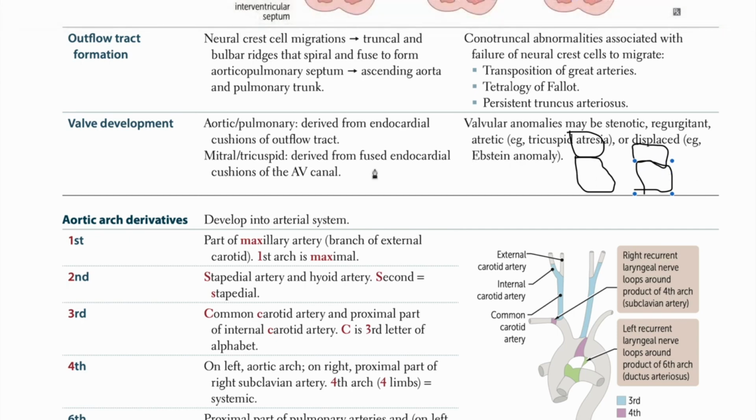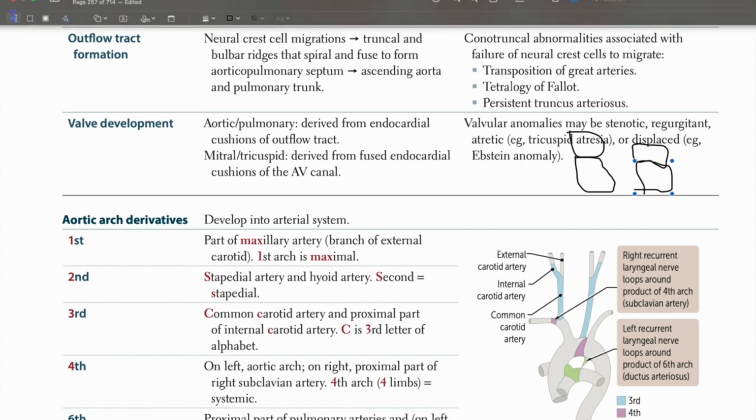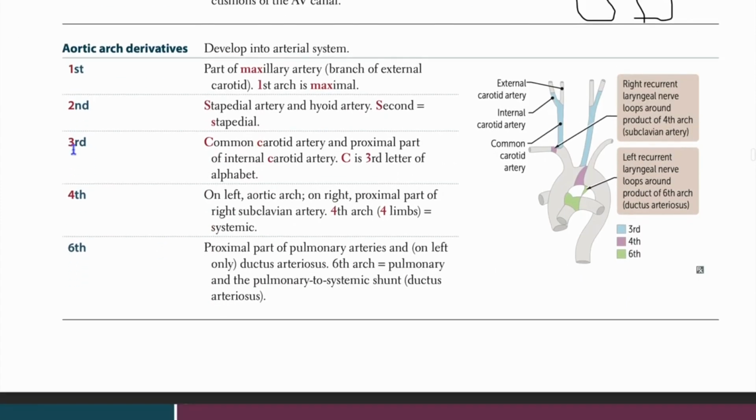Atrialization of the ventricle, it means, right? Okay. Now we're doing aortic arch derivatives, and they develop into the arterial system, right? So first is max. That's the maximum number you can have in a classroom, I guess. So part of maxillary artery, branch of external carotid. First arch is maximal, right? So maxillary artery is a branch of external carotid